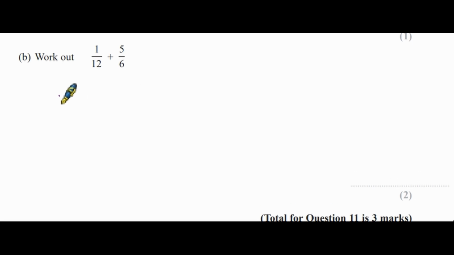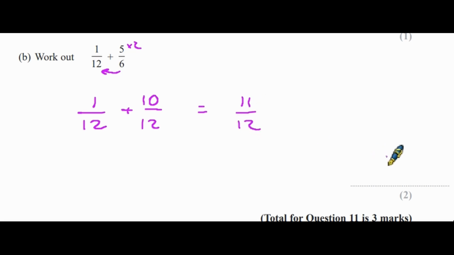In fact, with a question like this, it's worth just taking a look at the two numbers. We have 12 and we have 6. So in fact, 12 is 2 times 6. This gives us a simpler way, because what we can do is leave 1/12 as it is, but because we have to multiply 6 by 2 to make it 12ths, then we can also multiply the 5 by 2, so 5/6 has an equivalent of 10/12. Now both fractions are in 12ths, we simply add them together and we have 11 of them, so our answer is